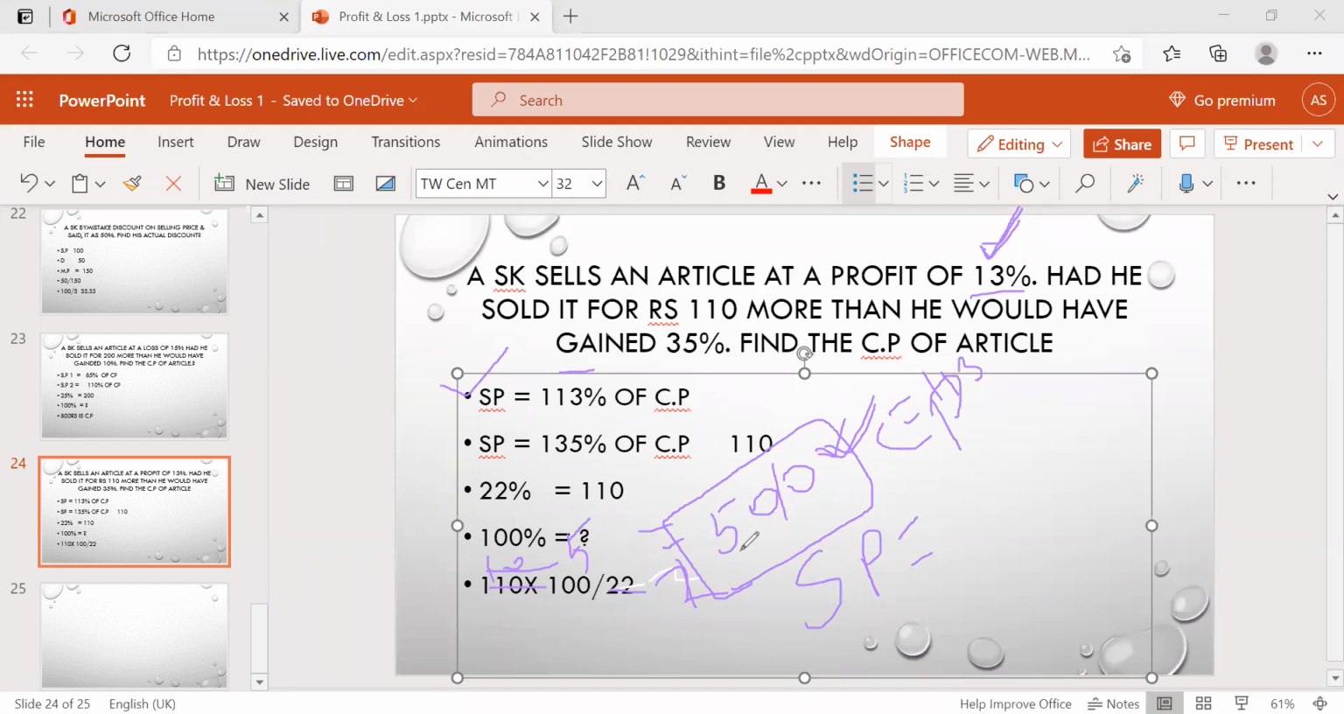See here, 500 is the 100%. Just take the first 1%. 1% is nothing but 5. So how much percent is increased here? 13%. 13 into 5, 65 rupees. So add this 65 to 500. 565. Suppose if they ask what is the selling price if he sold this article at 35% profit, then